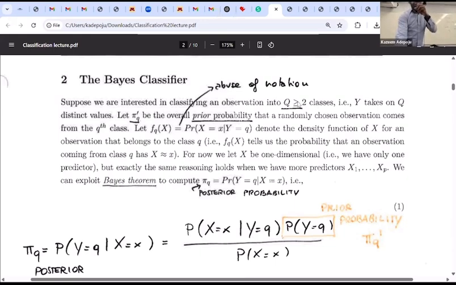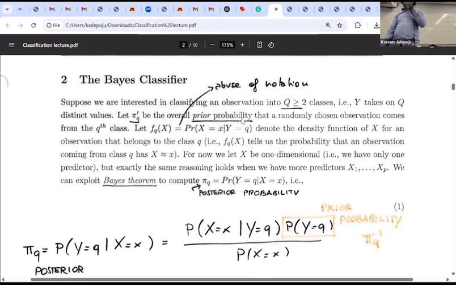You can see Q greater or equal to 2 into 2 or more groups, because we believe the observation Y can be classified, belong to a particular group. And that was why I said it takes on Q distinct values. Now if I let pi q prime be the overall prior probability, when I say prior probability,